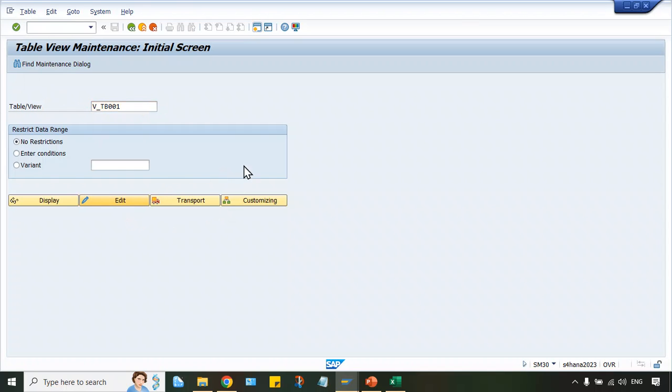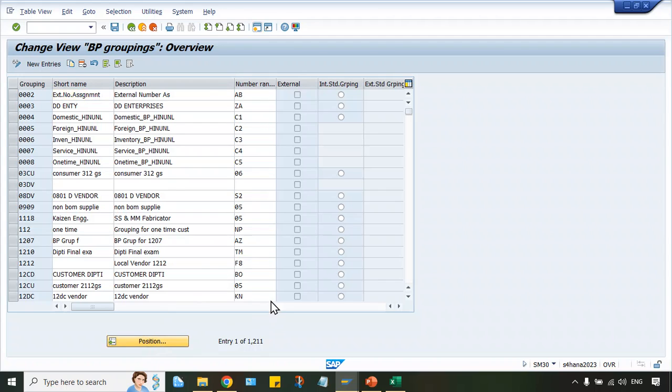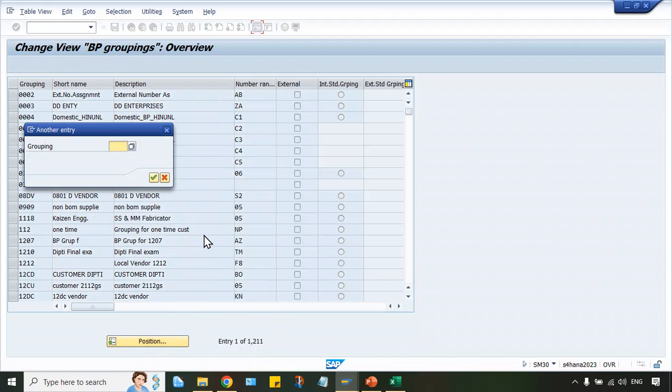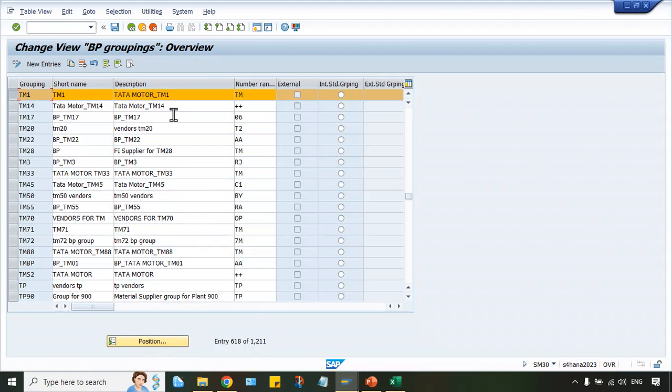When you check, guys, when you give your grouping code, I recommended you already to enter your company code itself. Use your company code. I've given TM1. Look at here, it is already done. So no need to perform it again separately.